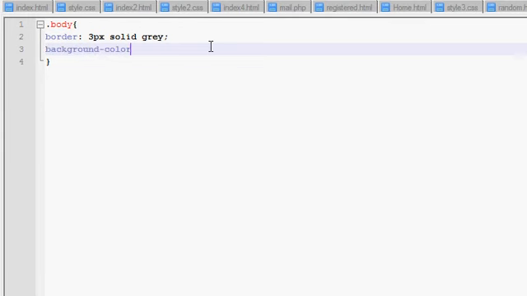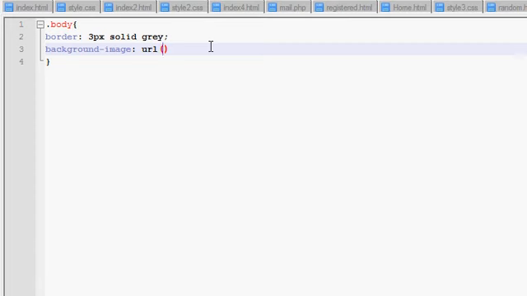Well, not color, but you can do color and type an HTML hex color code, or type in colors like gray, orange, blue, whatever. But now, background image, colon, URL,